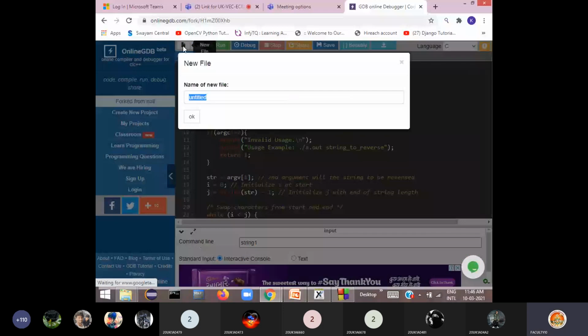Now we'll take another file, say command.c, and another program here. We'll perform the average of two numbers now. So just see here.